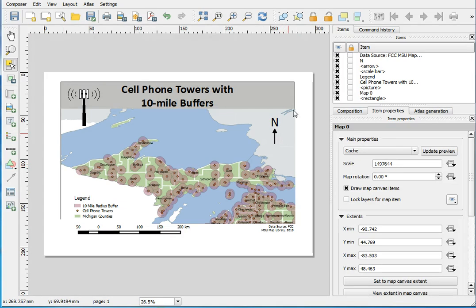And you can add a rectangle. You can see you can add shapes here also. You could add an